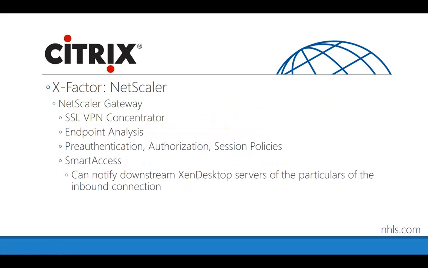With all of that said, because the NetScaler can look at layers 4 through 7 traffic and analyze what's going on, the NetScaler is positioned perfectly to do things such as endpoint analysis. That is, the NetScaler can be configured to allow connections in only from corporate resources. So we could scan the registry, look at whether you're a domain member, and look for files in the file system. And by the way, this isn't limited just to people coming in from Windows laptops. This would also work with Mac OS machines. So if you have people that insist on using their MacBooks, the endpoint analysis could still be done.